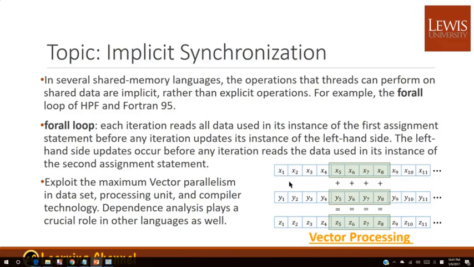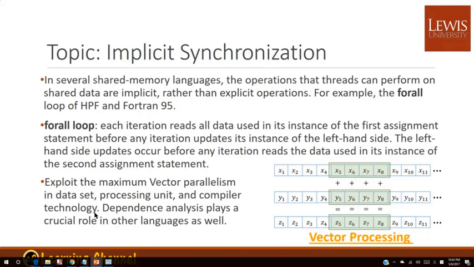But our processor can handle up to 4 in parallel, so each time we need to have one block being processed. So initiating these threads is implicit instead of explicit, and explores the maximum vector parallelism in the dataset,